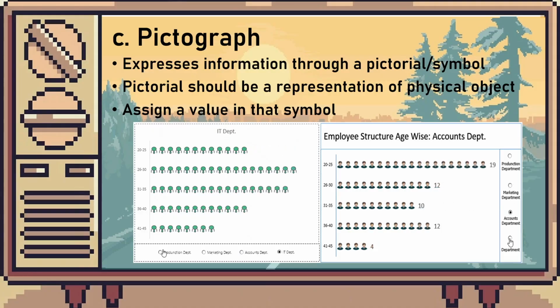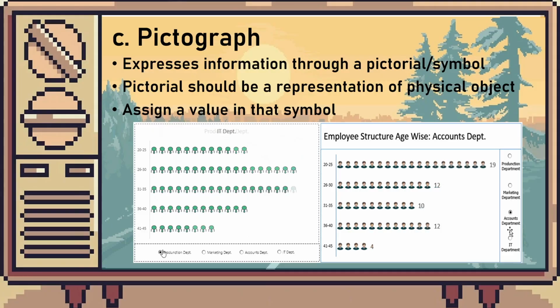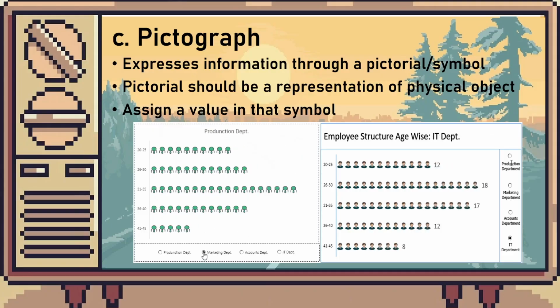So one phone symbol means 1,000 phones sold. Half of the icon of the phone represents half of 1,000, which is 500. And a quarter of that phone emoji means one fourth of 1,000, which is going to be 250.